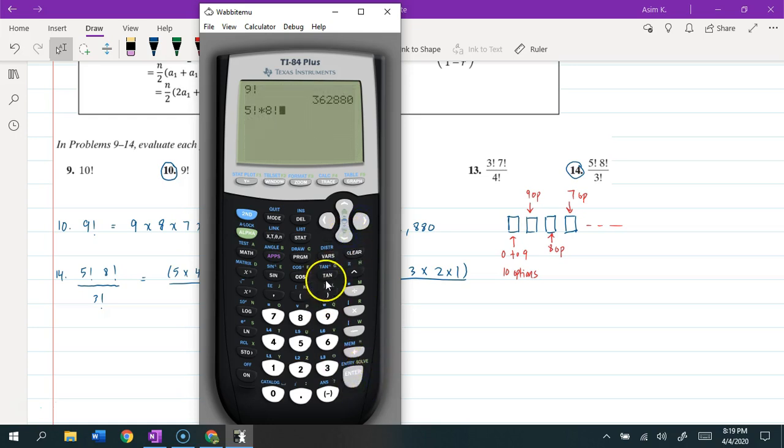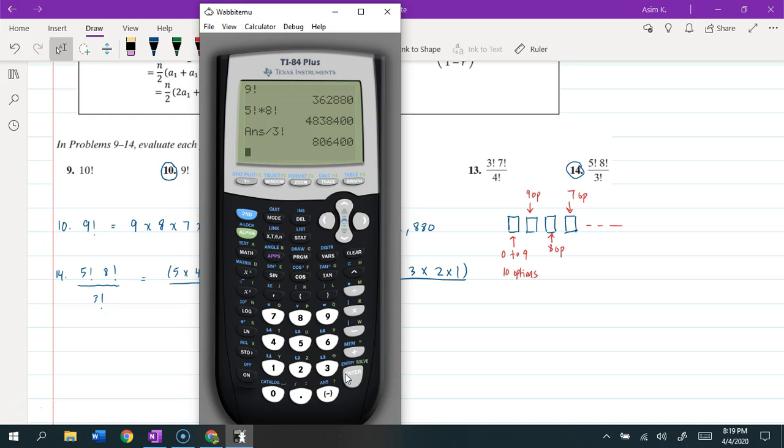Then whatever you get out of that, see that huge number, you're going to divide that by 3 factorial. And 3 factorial is 3 times 2 times 1. You could just say it's 6 and divide by 6, or you could be consistent and write it in. So the answer to this is